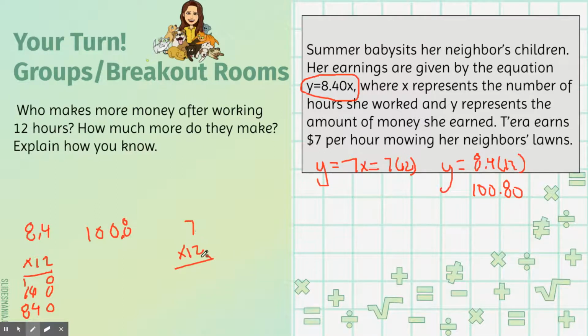Okay, 7 times 2 is 14. Carry the 1. 7 times 1 is 7 plus 1 is 8, so 84. So Tiara makes $84. So if I wanted to know how much more Summer makes, then I'd do